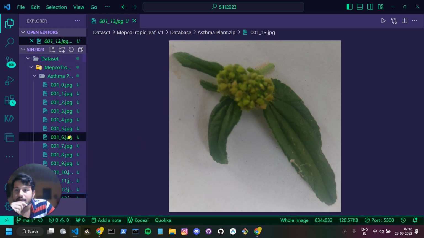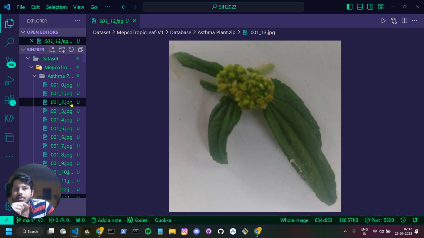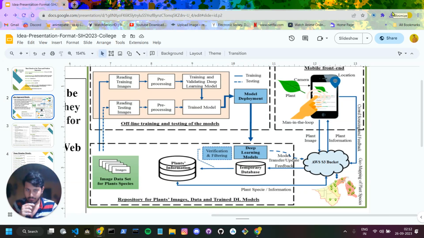So whenever these images are given as an input, the model will recognize it as an asthma plant. What is the label for these leaves? It is asthma plant, so it gives the value asthma plant as a prediction, the species of that particular plant inputted by the user. Then there will be an if and else condition, that if the model finds the